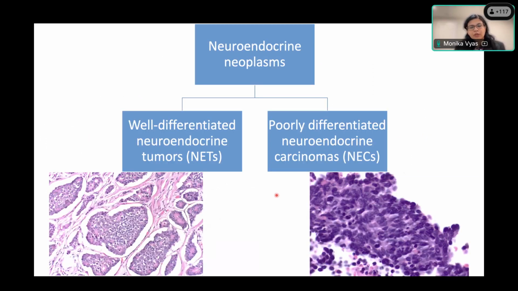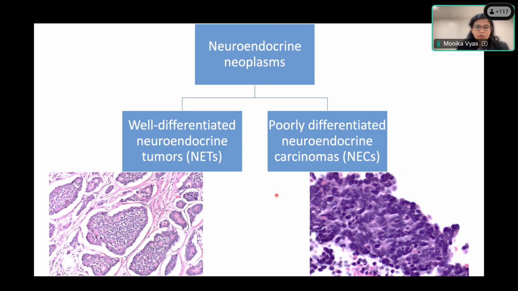So moving on to another subtype of tumors in the GI tract, a main type is neuroendocrine neoplasms. It's important, right off the bat, that you know whether you're dealing with a poorly differentiated neuroendocrine carcinoma or a well-differentiated neuroendocrine tumor. That distinction is very important because, in addition to being associated with the worst prognosis, poorly differentiated neuroendocrine carcinomas are staged just like your adenocarcinomas. But well-differentiated neuroendocrine tumors have a different staging criteria. So you need to make that distinction for multiple reasons.